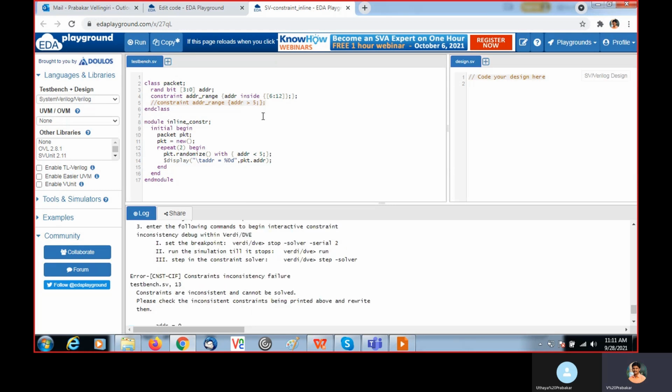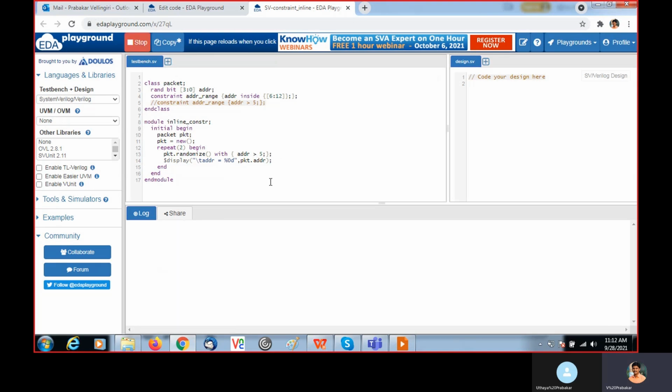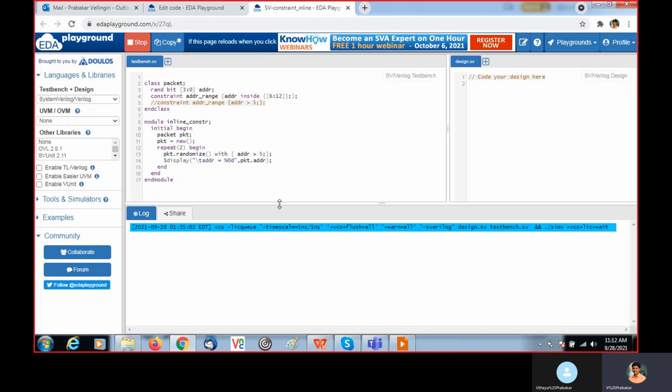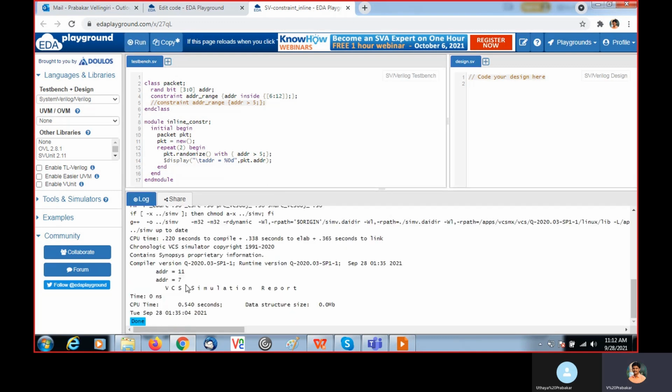Address should be greater than 5. So here address should be greater than 5 and it should be within this range. So both constraints are applied.